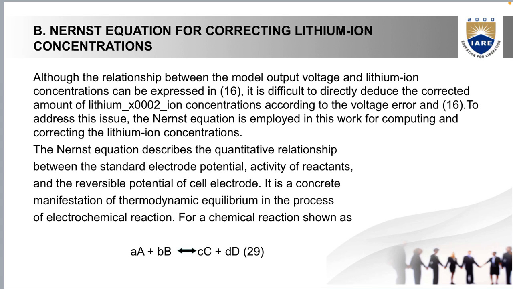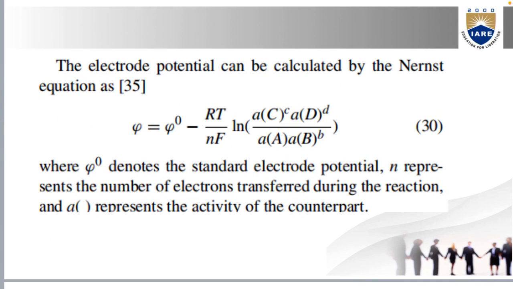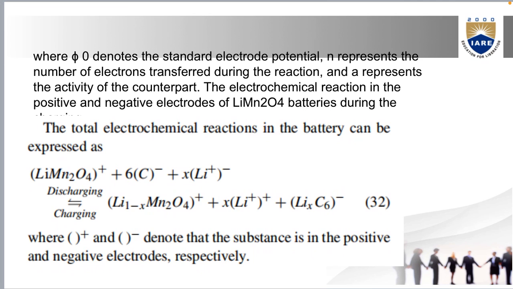It is a measure of thermodynamic equilibrium in the process of electrochemical reaction for the cell reaction as shown as aA plus bB is equal to cC plus dD. It's a reversible reaction. Electropotential can be calculated by the Nernst equation as follows, where E0 denotes the standard electropotential, n represents the number of electrons transferred during the reaction, and a represents